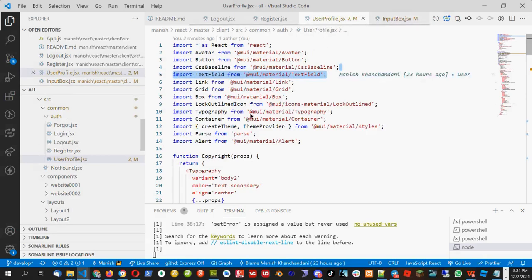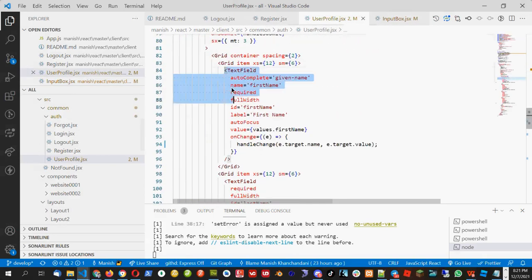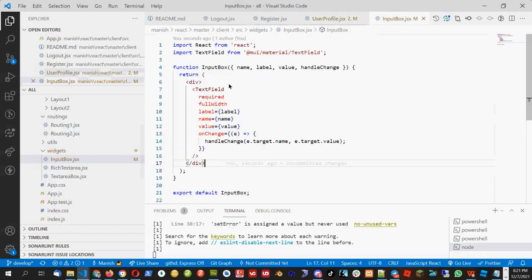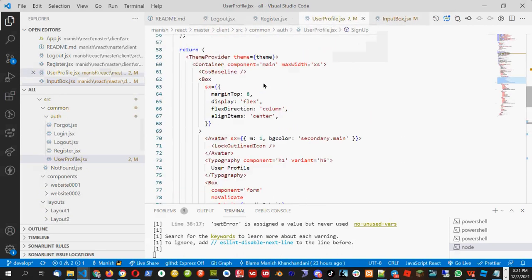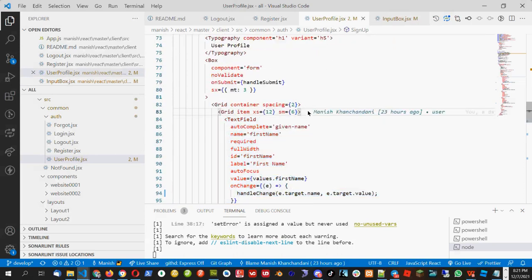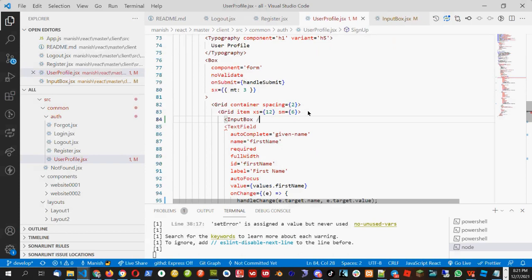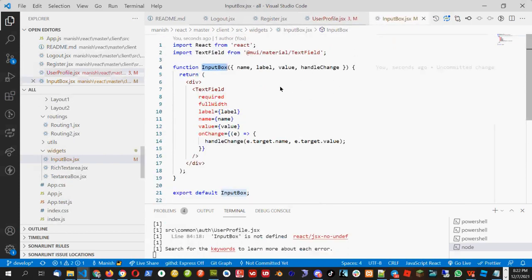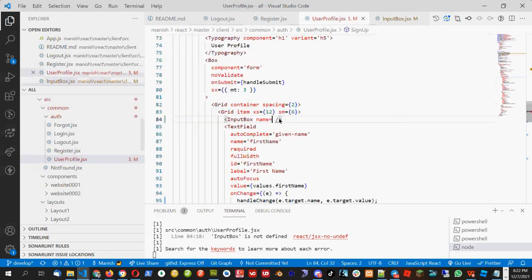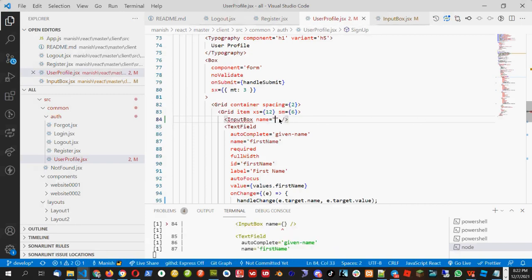Okay, so what I did, instead of calling the text field directly, I moved the text field to my function, my component, and I will now call my component rather than calling the text field. So let's call the input box here in the user profile. For the first name, I will pass the input box which I created just now. Input box needs name, label, value, handle change. So we will pass name as first name, label as first name,